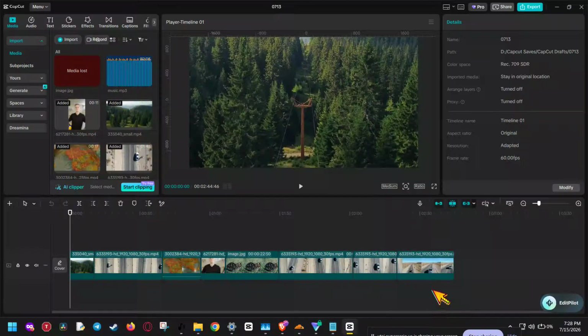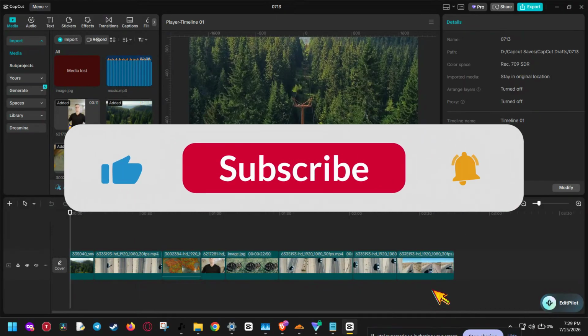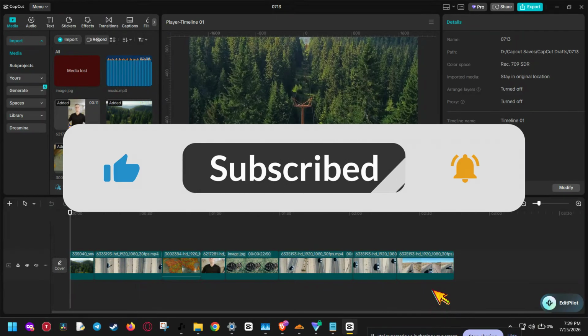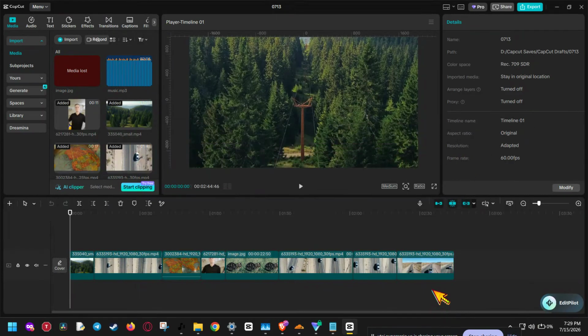If CapCut keeps showing an exporting error that says not enough memory, don't worry. In this video, I'll show you the fastest fixes step by step so you can export your project successfully. This is a super common issue, especially on Windows, and it usually happens because CapCut is using too many system resources, your cache is overloaded, or your export settings are too demanding for your computer. By the end of this tutorial, you'll know exactly how to reduce memory usage, clear temporary files, and get your